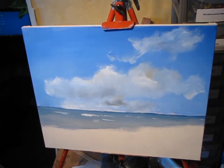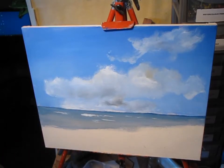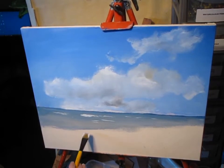Now, down here, this is the bit, apart from using my finger in the sky, this is the bit that I hope really works, because I was really impressed with this. I'm going to mix up some sky colour again, cobalt, titanium white, tiny touch of Payne's grey, and here